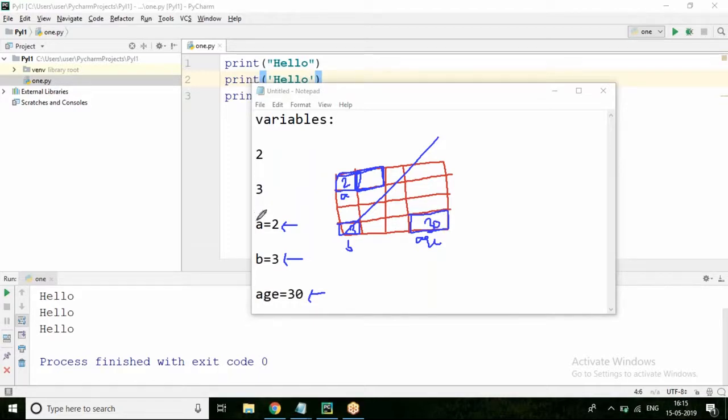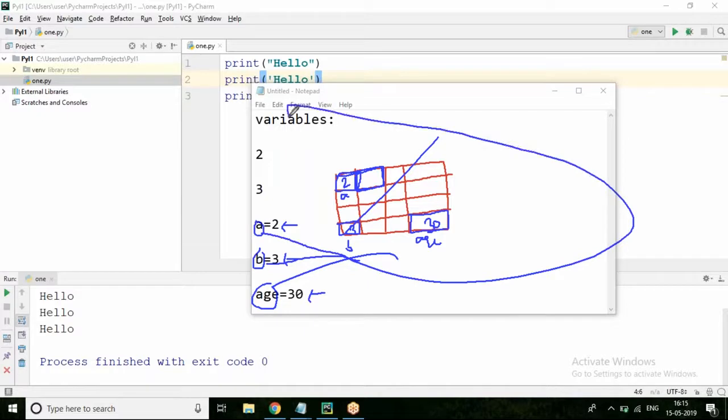So in this context, we can call a, b, age as what? As variables. So what is a variable? Basically, name of a memory cell. Yes, a is the name of the cell, b is the name of a cell, age is the name of a cell. Name of a memory cell is called as a variable.